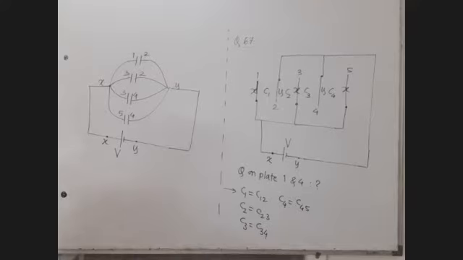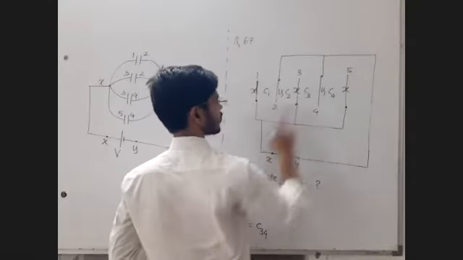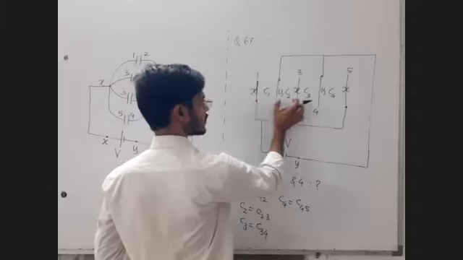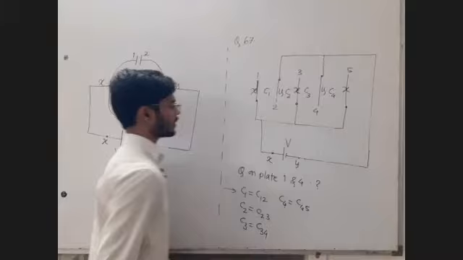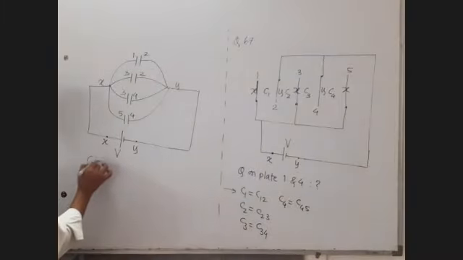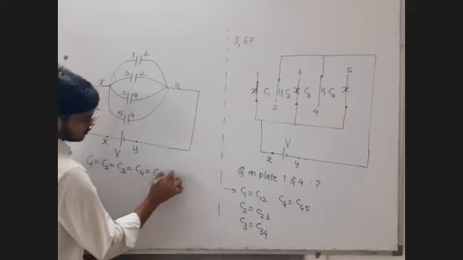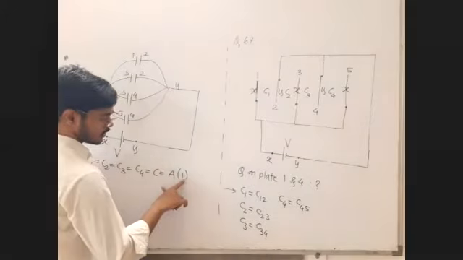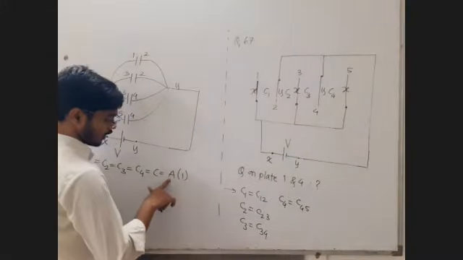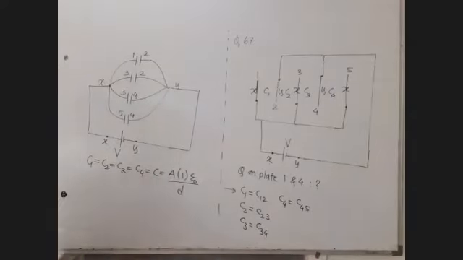Now, what we have to do? We have to find out effective capacity. Now we know that all the capacitors have same area A. All the plates have same area, and the distance between adjacent plates is D, and here is also air. So all the capacitors are going to be equal. Write down C1 equal to C2 equal to C3 equal to C4 is equal to C is equal to A K epsilon 0 upon D. If the medium is not mentioned, like air or vacuum, then take the dielectric constant as 1.